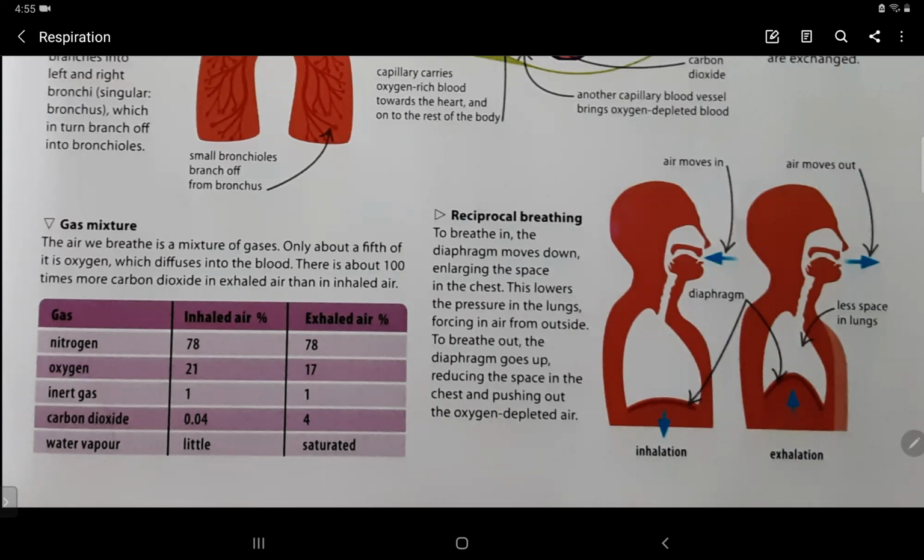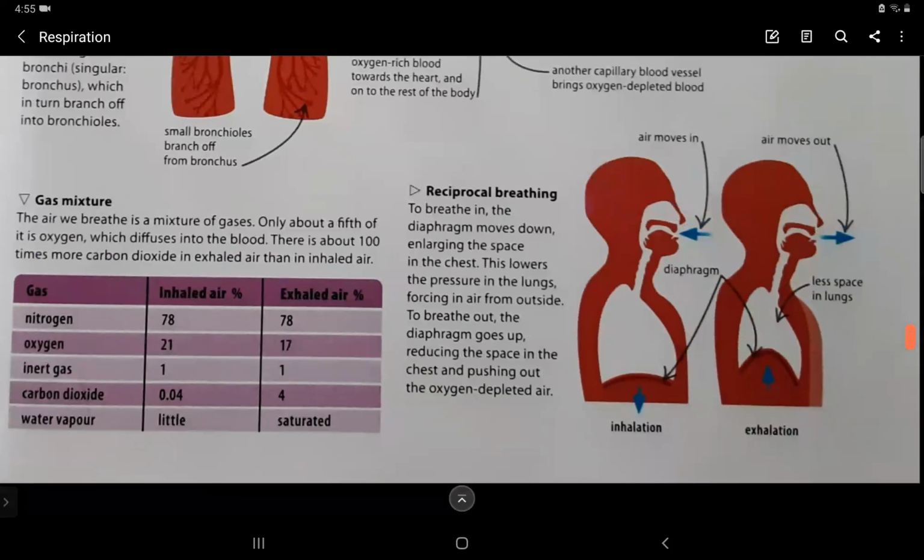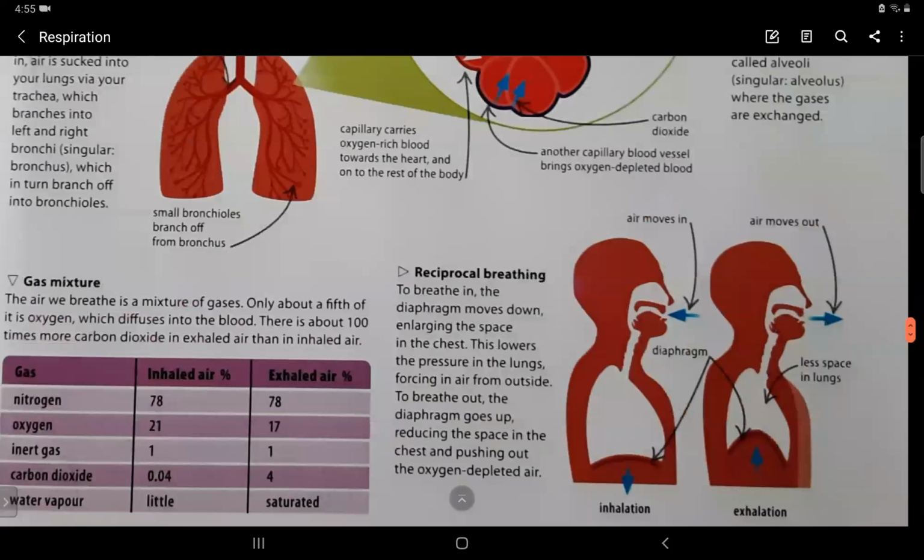So, that's obviously the case in humans, but just like we read above, do fishes do reciprocal breathing? They do. Can you tell me what they do? Yes, they do